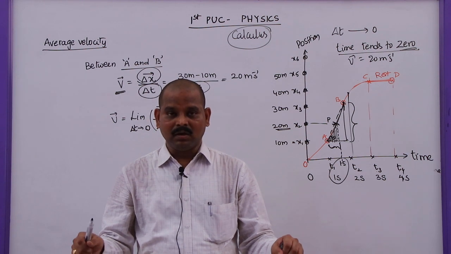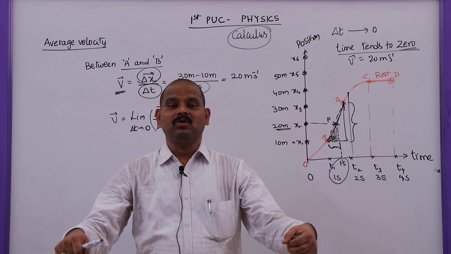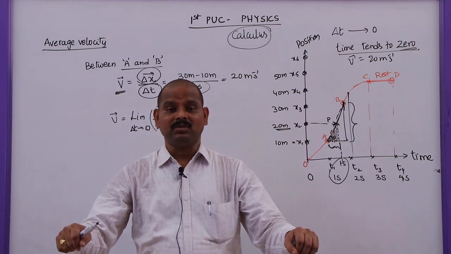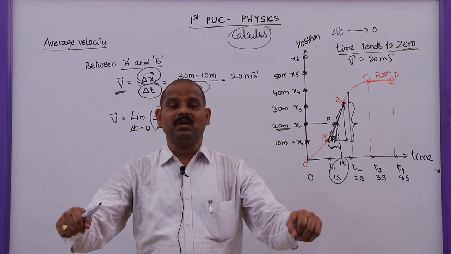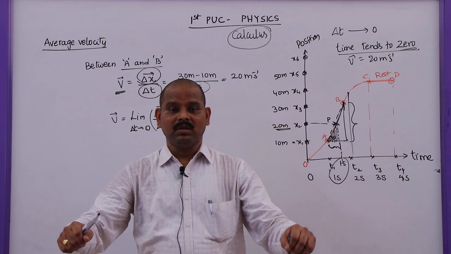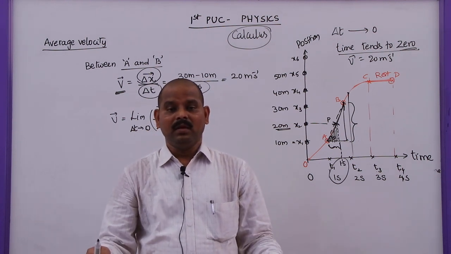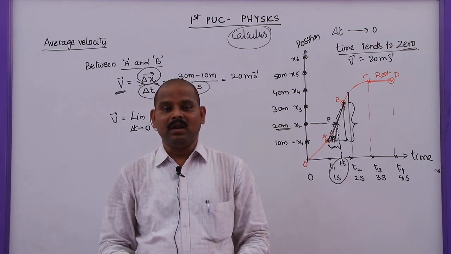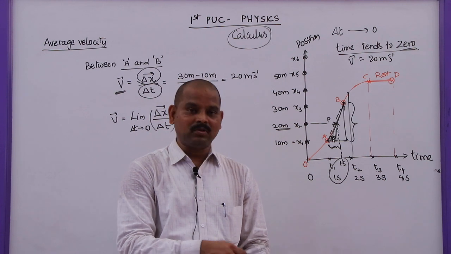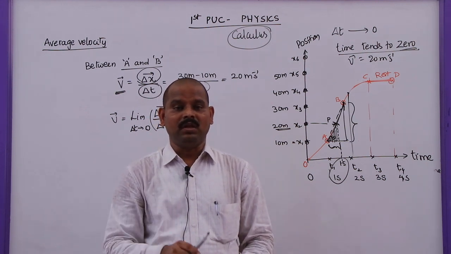If you see the speedometer at a particular time, let us say it is showing 100 kmph. So you are riding the bike, and once again if you see it, it may reach 120 kmph. And if there is traffic, then you have to reduce your velocity. That means the speedometer will come back to 40 kmph. If there is a railway gate, then you have to stop your bike, and the speedometer will come back to 0. That means your velocity is not constant throughout your journey.